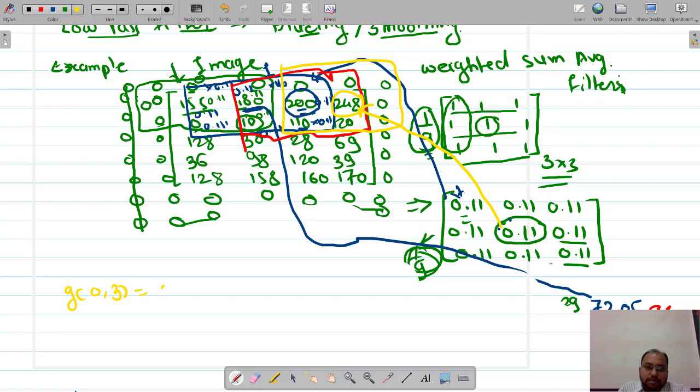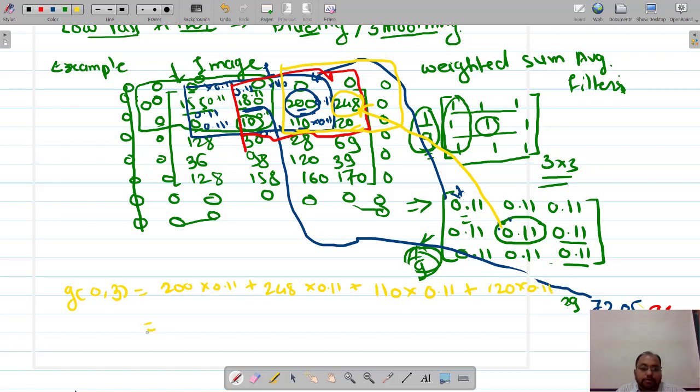Now g of, let us say, 0 comma 3, right? So this is nothing but 200 into 0.11 plus 248 into 0.11 plus, now over here, this 110 into 0.11 plus, and now for this 120 it will be multiplied with 0.11.